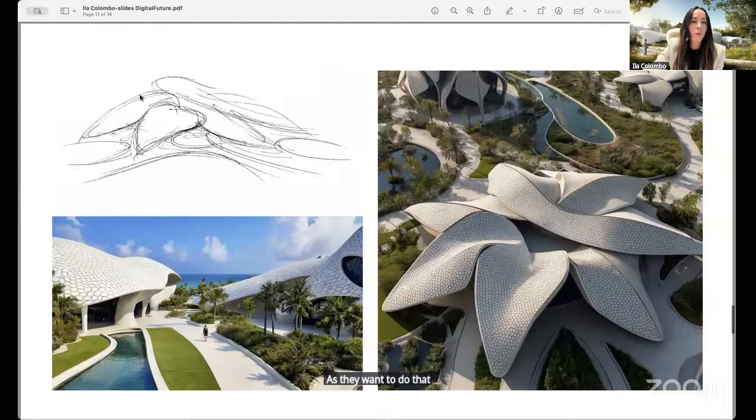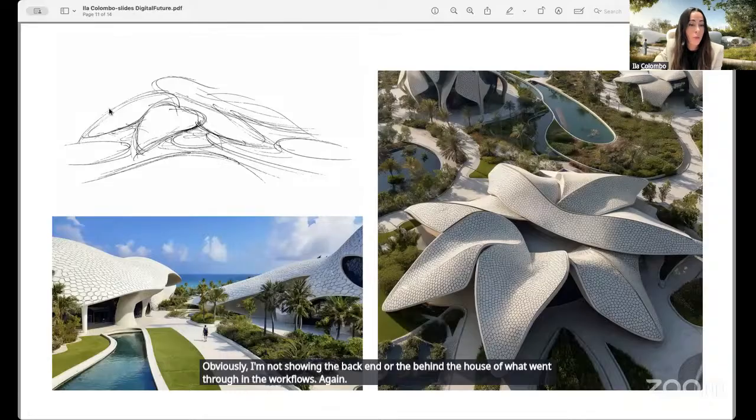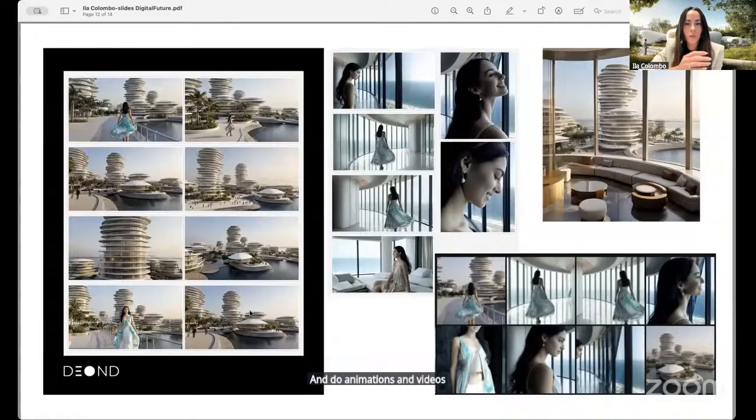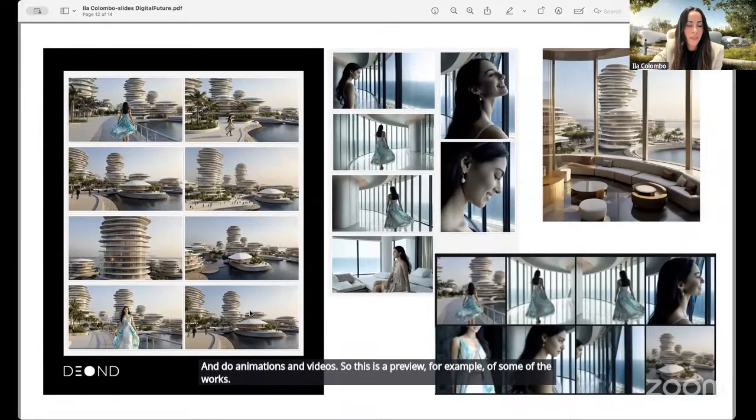This is another example. We start with a very artistic sketch. Obviously, I'm not showing the back end, or the behind the scenes of what went through in the workflows. Again, it would look similar to what Carlos has shown, but how can we translate a very artistic sketch all the way to what would look like an architecture and do animations and videos? So this is a preview, for example, of some of the work they were doing for clients these days.